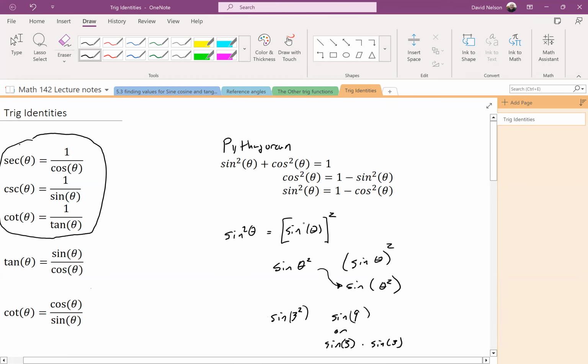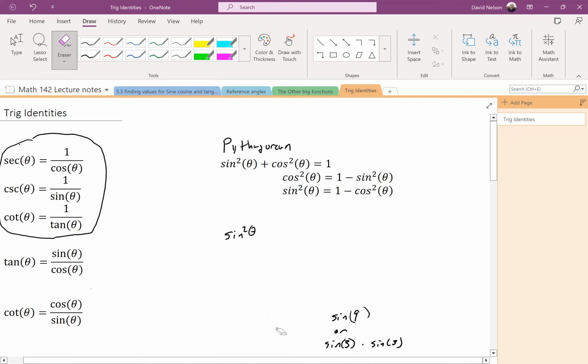Okay, but we got the sine squared, which means sine of theta times the sine of theta, plus the cosine squared, cosine theta times cosine theta, equals 1. And we can verify that if you want to. We call it the Pythagorean identity, because if we look in